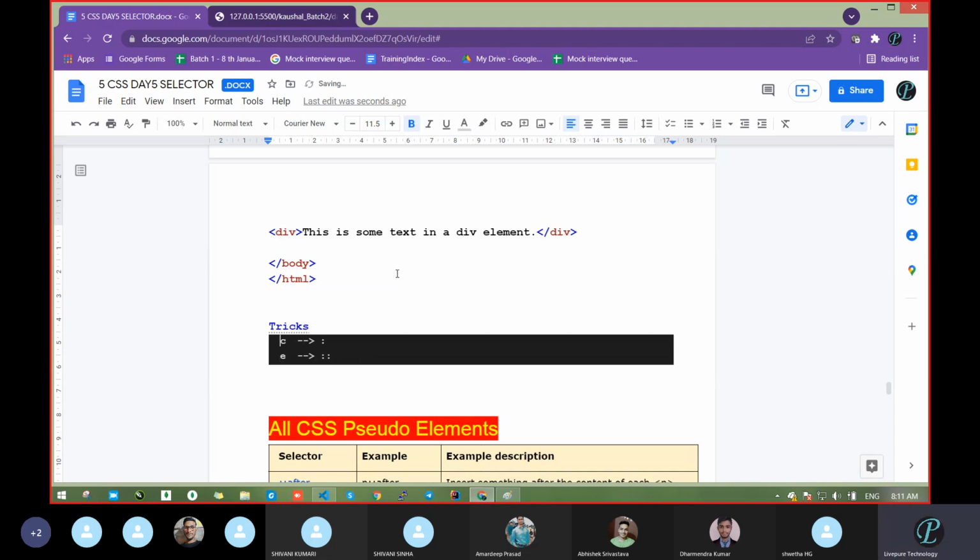Now whatever you are studying, that is just for revision purposes. See, that is class, colon or pseudo class, colon or pseudo element.